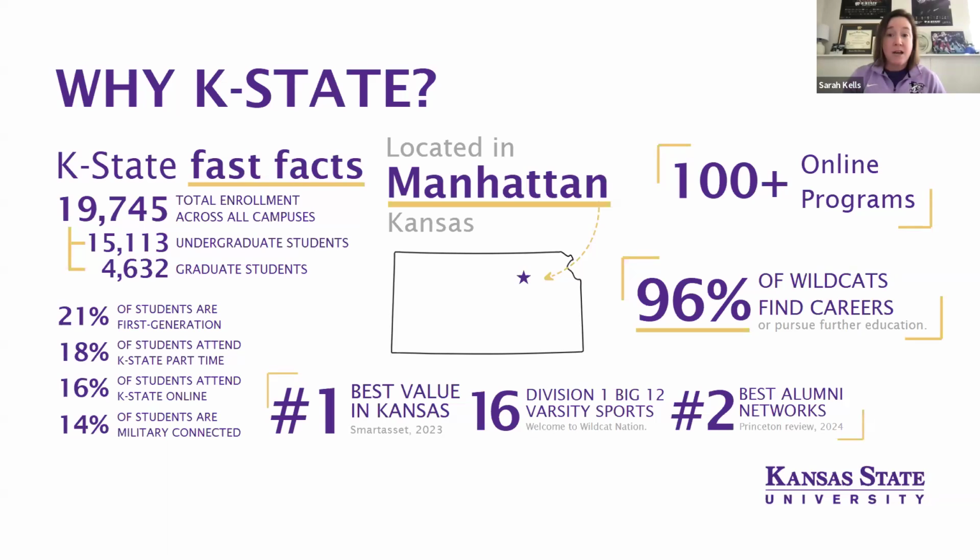So we are asynchronous. We follow the traditional semester length though. So most classes are going to be 16 weeks long. Occasionally there are some 8-week courses available, but you do also decide on your course load for the semester. Most of our students are going to be part-time because we do have a large adult learner online population. They usually take 1 or 2 classes a semester just because they do have families, full-time jobs, other responsibilities outside of education. But we do have some students that are full-time, so it is up to each individual student.